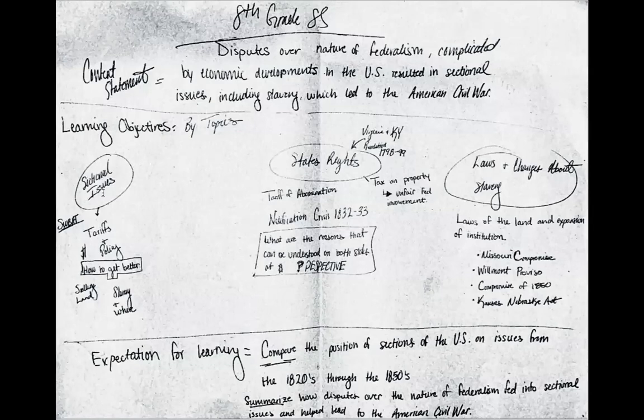Over here to the right, I have sectional issues. I've broken that down with tariff and policy, and a little question here: how to get better in terms of selling land and where to go with slavery. Then you have states' rights. The 2 topics within that were the tariff of abomination and the nullification crisis of 1832 to 33. And then you have the 3rd topic within the standard, laws and changes about slavery: the Missouri Compromise, the Wilmot Proviso, Compromise of 1850, and the Kansas and Nebraska Act. So going back to the standard,